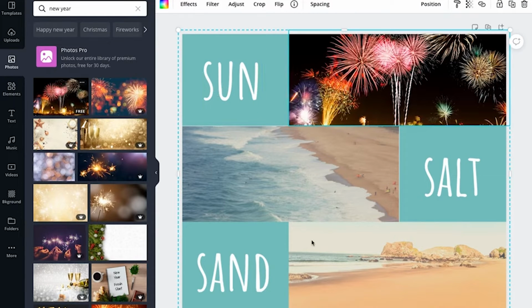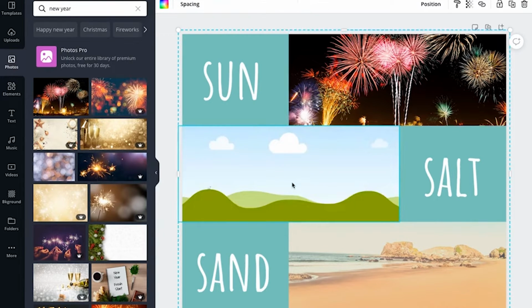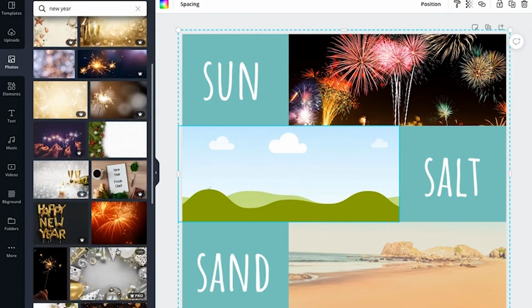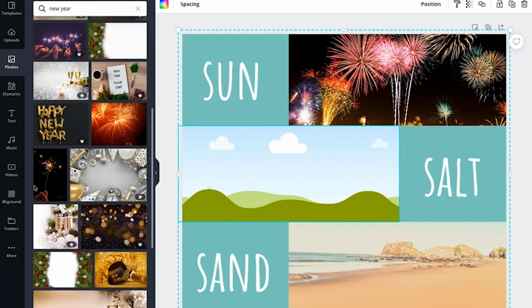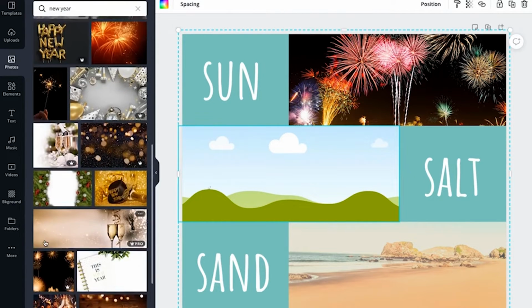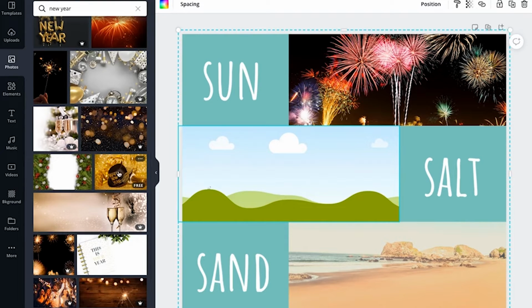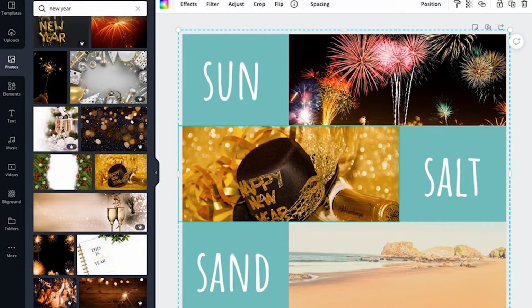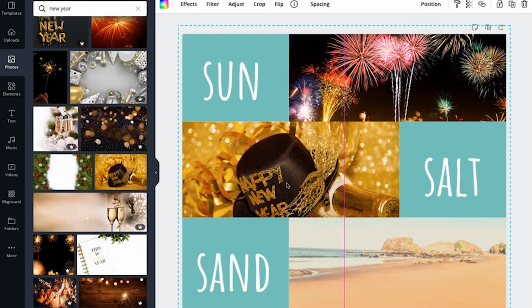Okay, so again, in the second one, I want this image to be removed and represented by something else, which showcases that New Year celebrations are on the way. So I have removed the image. Let me quickly check if there is something else that represents New Year for me. This looks good because this is also celebration and it has a cap which says New Year. Now let me just quickly drag and drop that here.